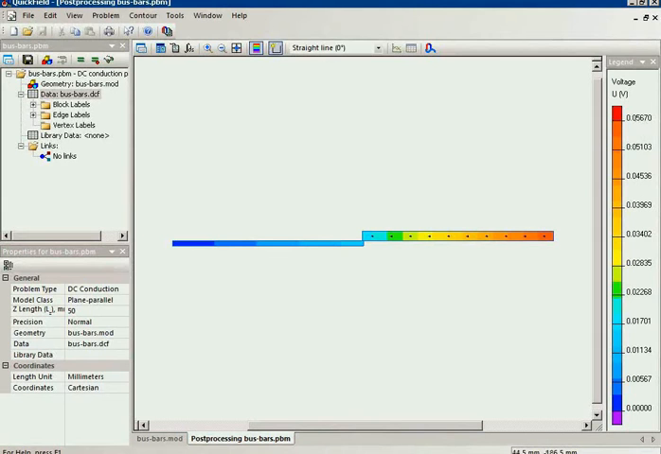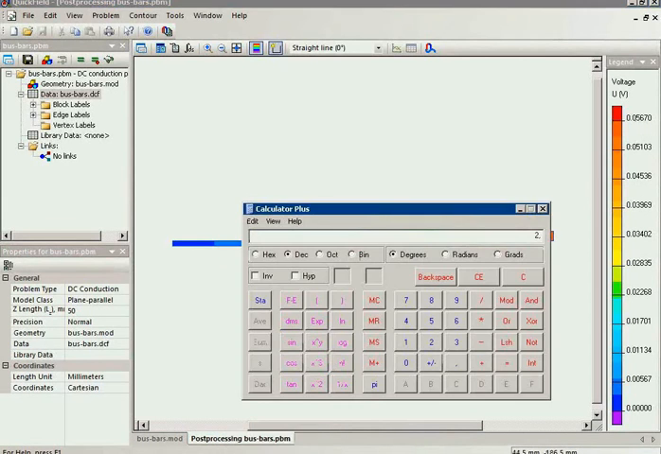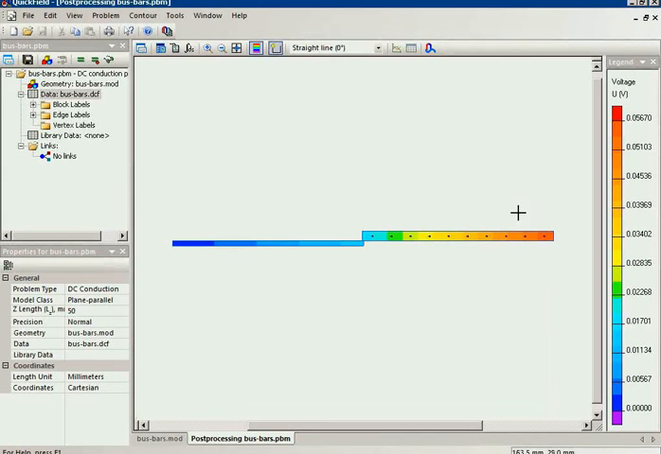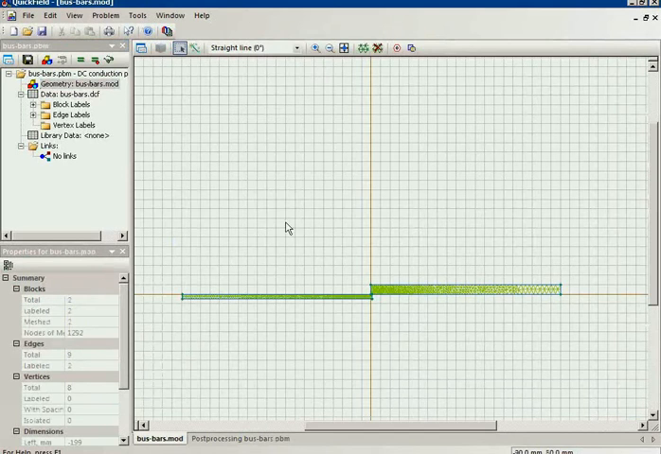So the resistance of this contact is voltage divided by the current. 657 microohms. Now what will happen if I